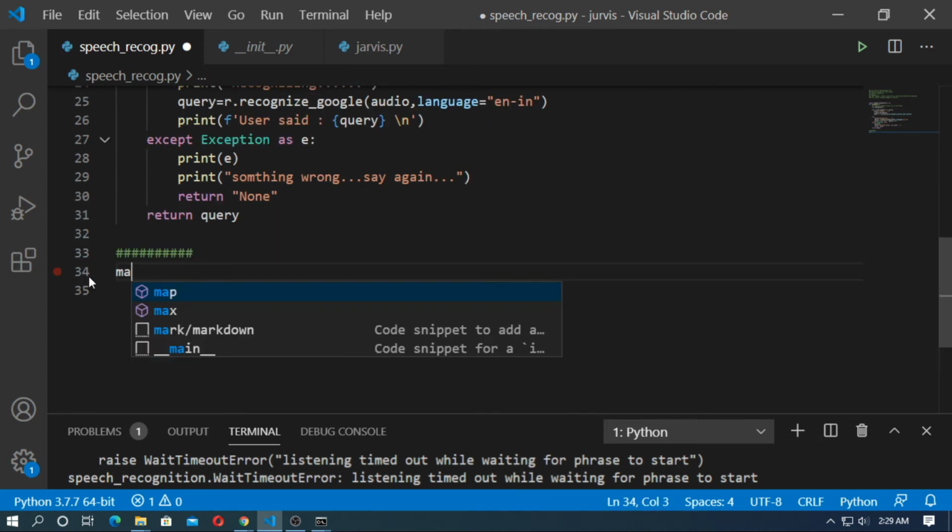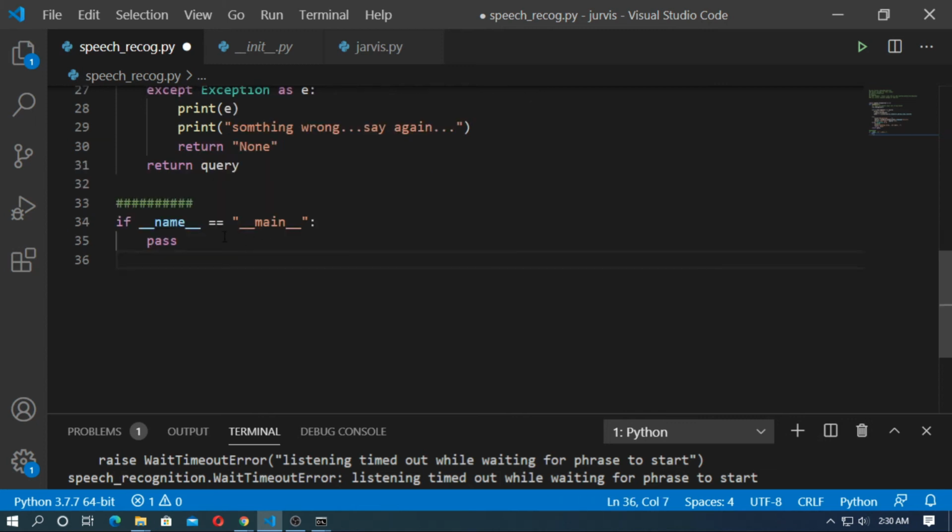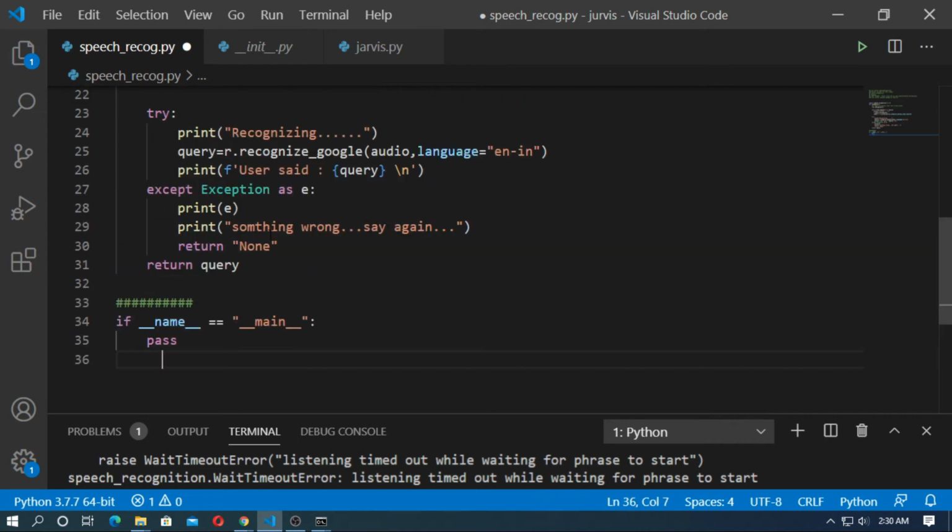So now type the main block. If __name__ equal to __main__, I already discussed it on my channel, so check the channel. The code inside this block will not run when you import this whole file into another Python file. Okay, this is very simple.